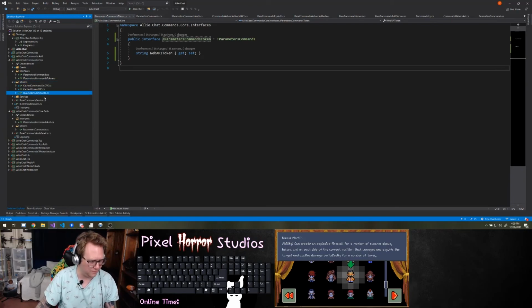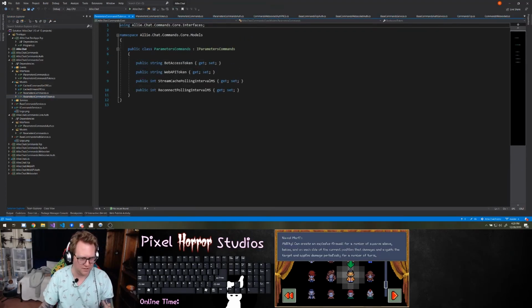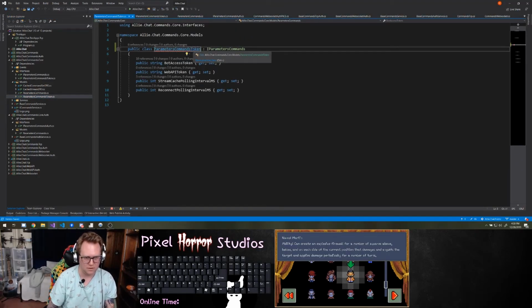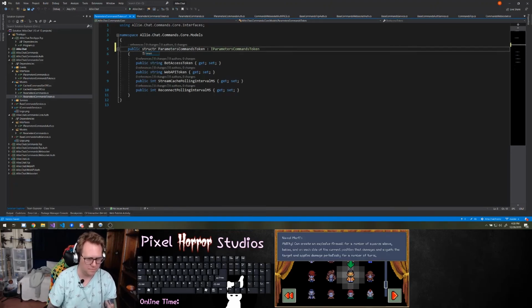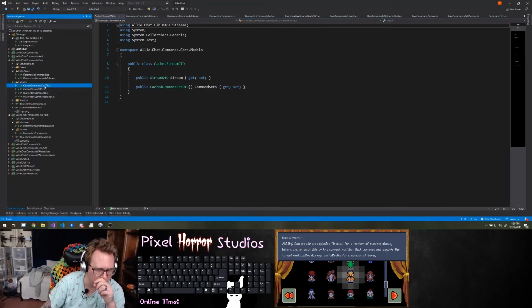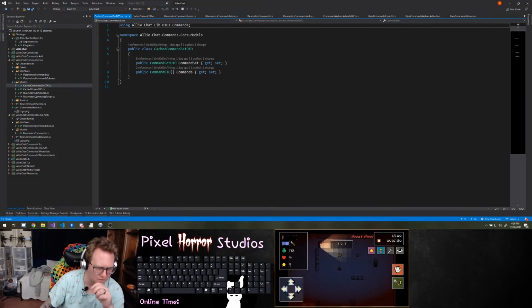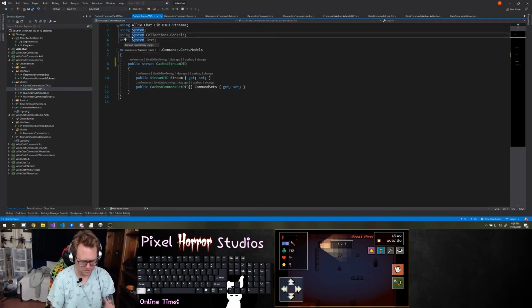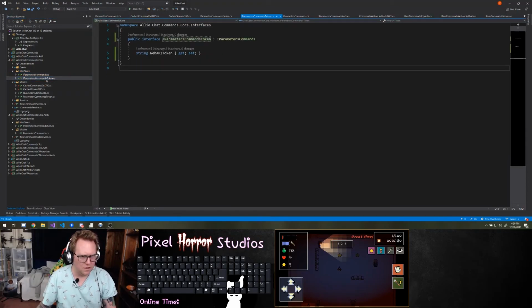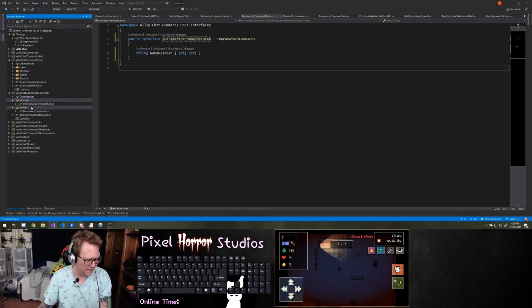So in our models, we'll have the same thing, parameters commands token. And we want this to be a struct. Like that. And same thing with this one. And we want these to also be structs. Looks good. So that means that in here we can get rid of these two and have this be a